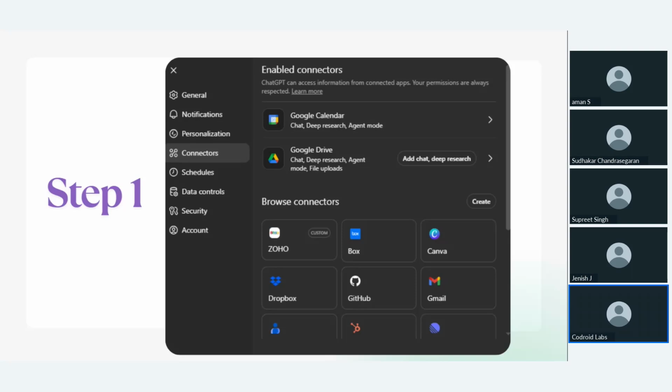This is the theory part. Suppose you are a paid user of ChatGPT; inside the settings option, you can find this connector. This connector basically connects your Zoho MCP URL with this LLM model, so that afterwards you can interact with your applications.